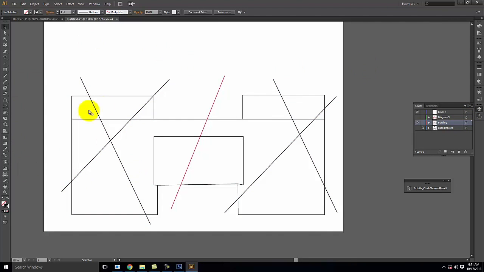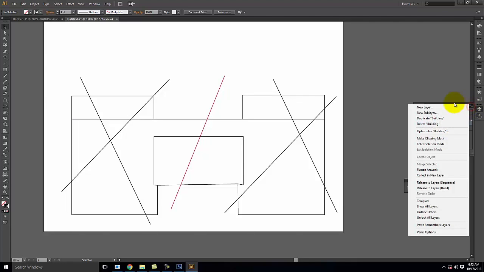Okay, now that I have these, I want to be able to selectively paint certain regions. So like I want to fill this shape right here with a color. I want to fill that shape with a different color. Okay? I can do this using something called a live paint, which is a very valuable tool to have. The key on a live paint is before you do the live paint, make a duplicate of the layer. So everything's currently on the building layer. I'm going to make a duplicate of that layer,